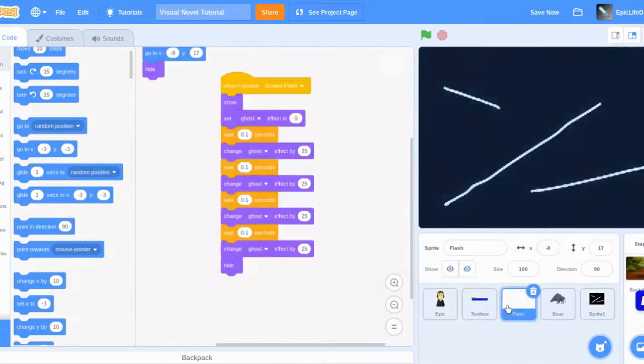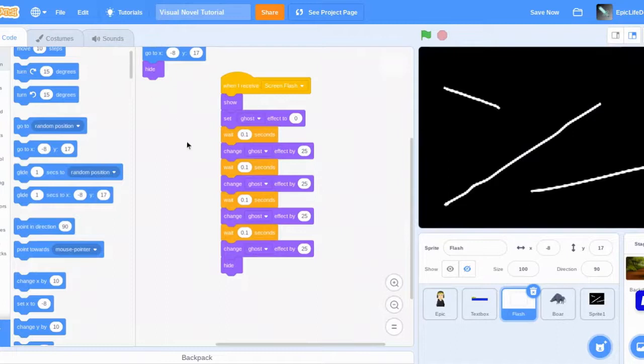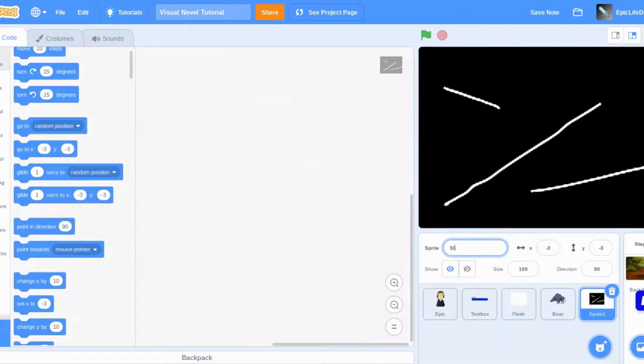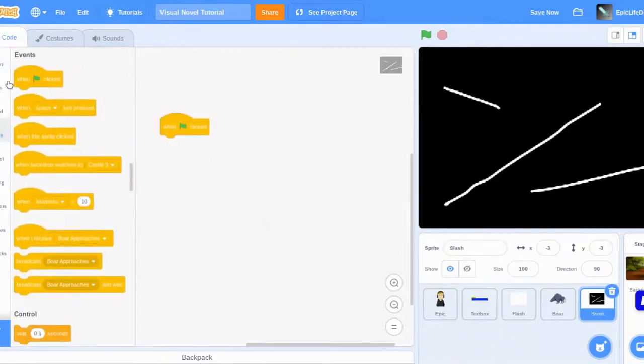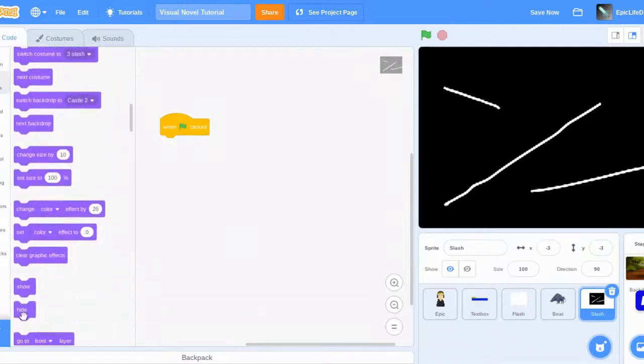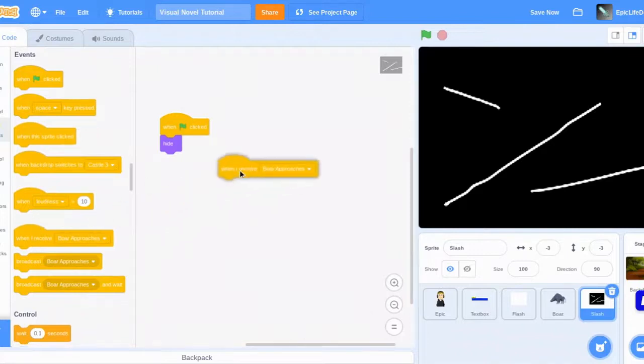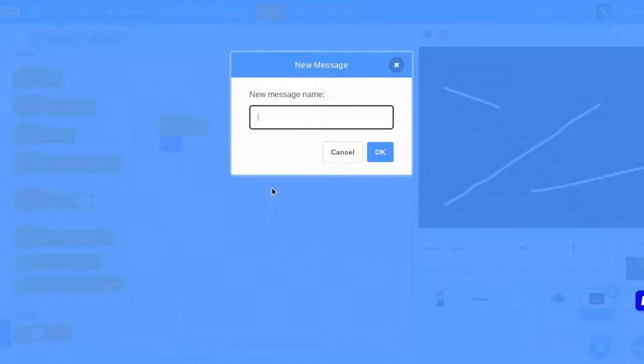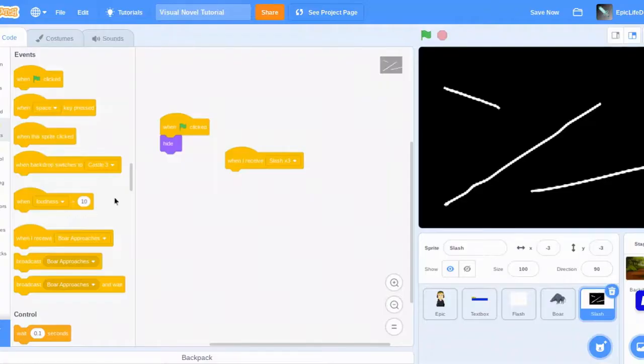So what we do is slash first hide, and then when I receive slash times 3, then